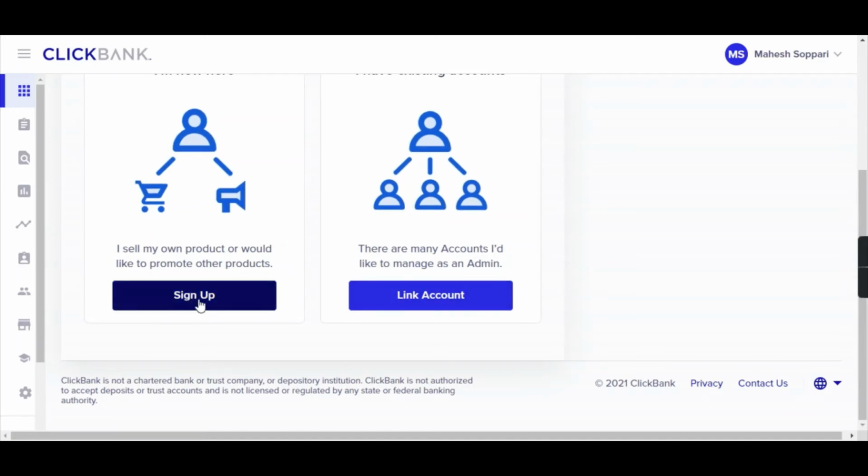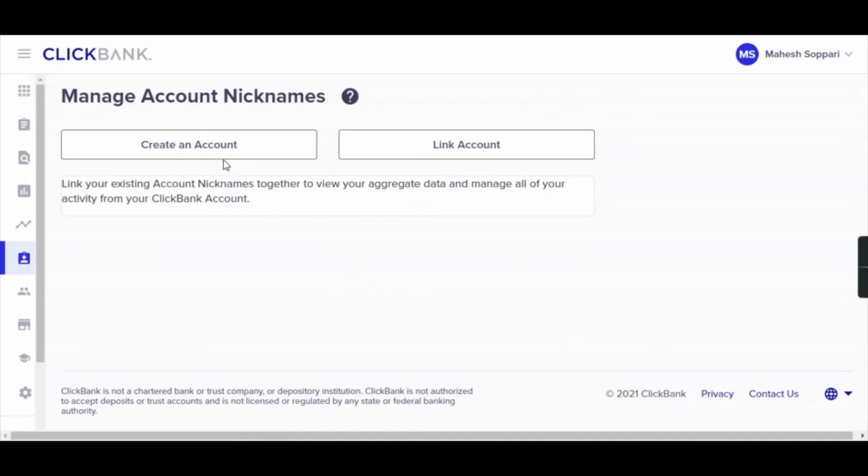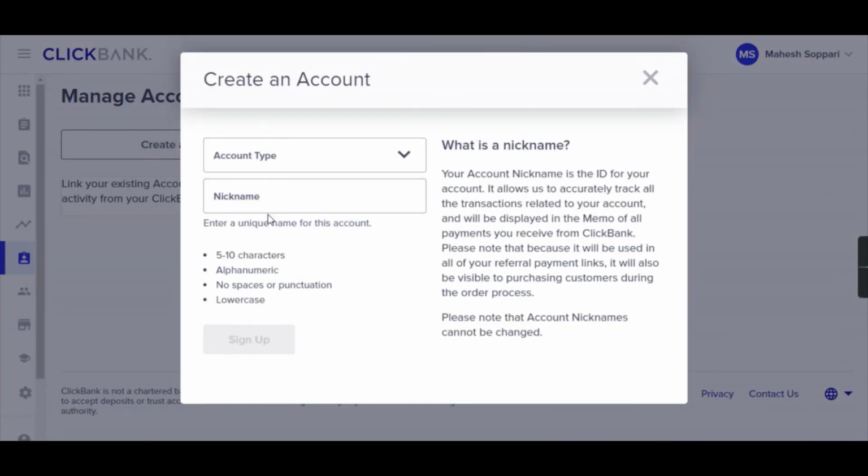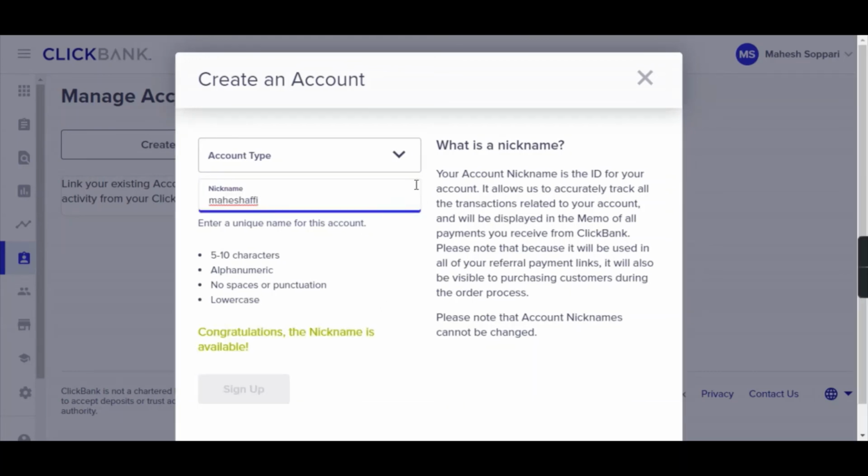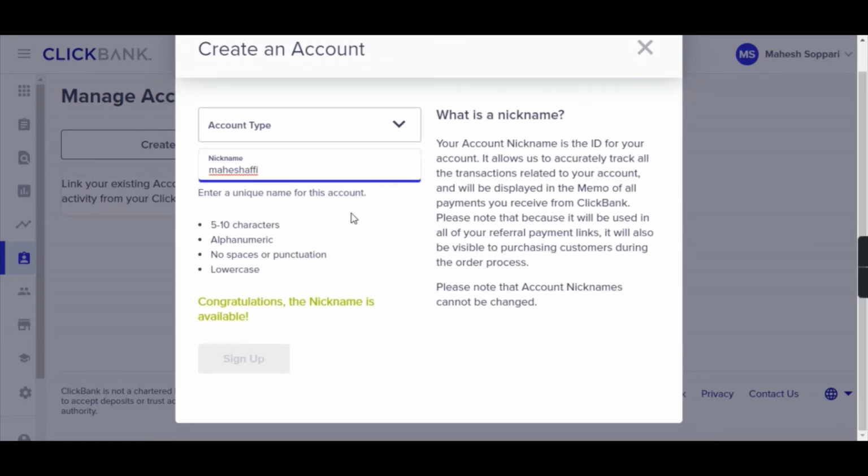You click on sign up, and here click on create an account, and you need to give your nickname over here. I would be giving a nickname called Mahesh Afi. Make sure this nickname is followed throughout your whole process.